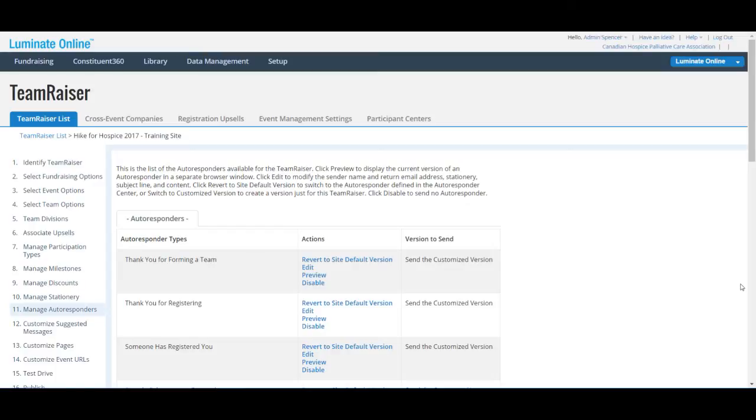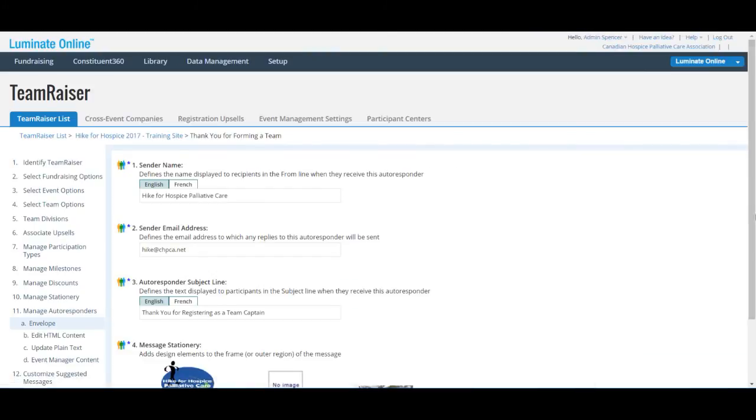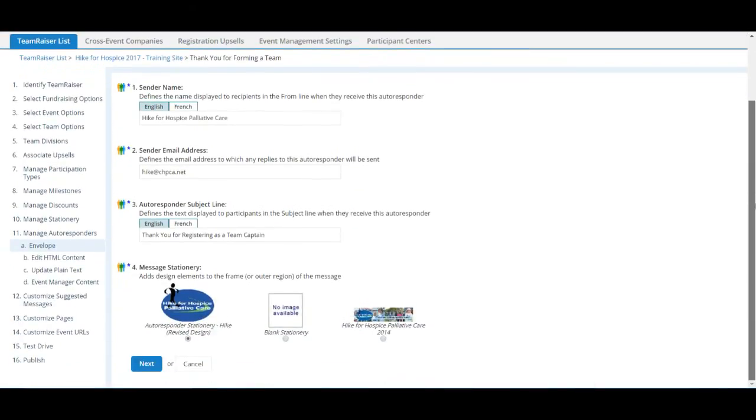So in this case, you have the capability of editing some of these autoresponders. To do an edit, all you would need to do is click the edit button here. You'll notice a second screen will come up and information will be available to populate in here. The important thing to change here is the sender email address. The same as in an earlier step, you need to update this, so put this as your primary hike coordinator,